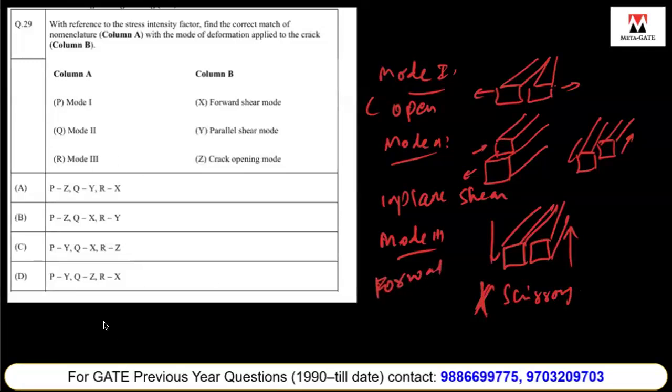So R is X, and P is Z. So it is Z by X. Sorry. R is Z, P is Z, and Q is